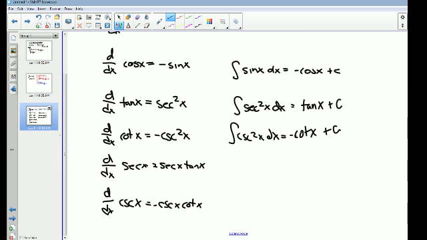Alright, one last little thing. A lot of time to work today. I'll let you check. We're going to talk about the chain rule within these. So, it shouldn't be a big deal, but